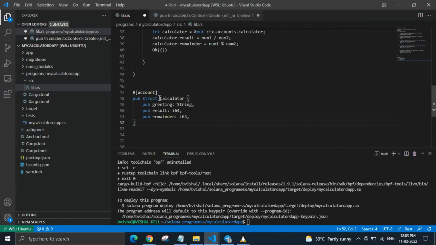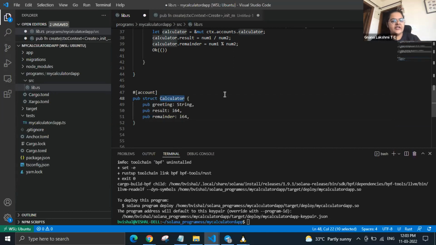So now we have defined our first main account, the one that will be used in this program, which is the calculator account. And then we define the variables. Now, if you see the different contexts that we're using, addition context, multiplication context, subtraction context, division context, those are all going to be derived accounts. That means the addition account is actually going to derive the value from the calculator account, right? So if you go back to the browser,